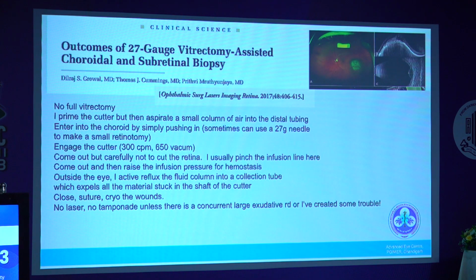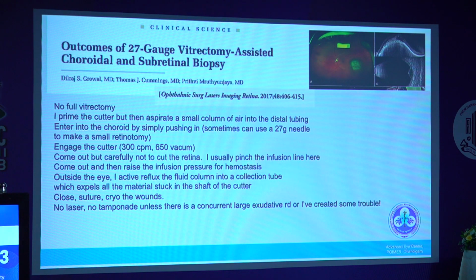From San Francisco. So this technique I have used in a few patients. We don't do a full vitrectomy there. We use 27G trocar cannulas. We use our bolt cannula, and directly we impale the 27G cannula into the lesion. So once you impale, absolutely just like a needle, you don't need a needle. You just go inside and impale it, and then you switch on the cutter with a low cut rate,